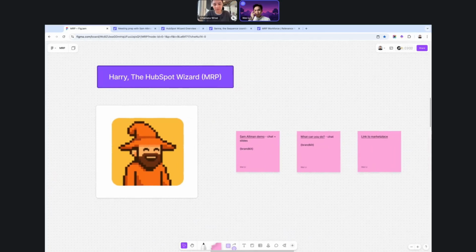And now to the exciting stuff, which is Harry the HubSpot wizard. This is my favorite colleague. In fact, I think he's doing so well that he's replaced a huge part of my job, which I'm all for, because that's the goal with AI agents at the end of the day. So what can I tell you about Harry? Harry is essentially a HubSpot agent. He understands how our CRM works. He understands HubSpot as software and all the intricacies around what it does and how that might be different to something like a Salesforce.